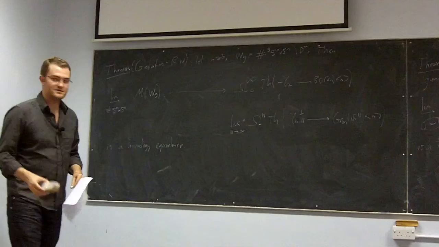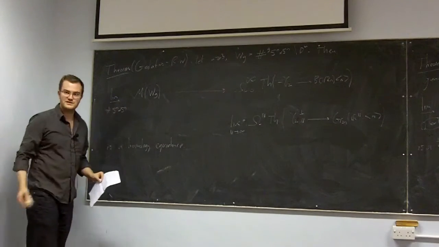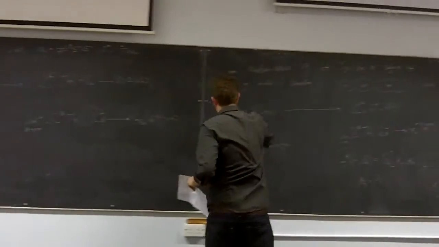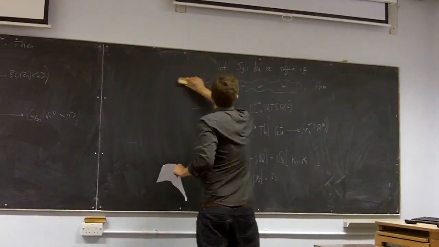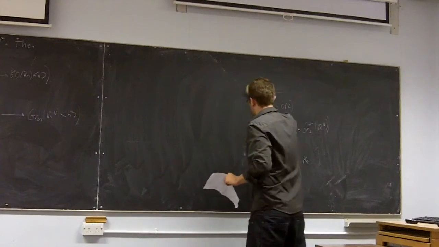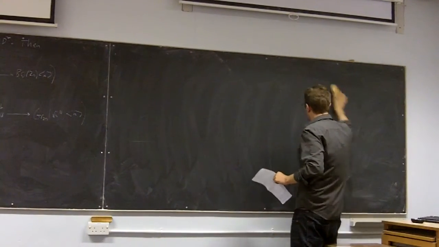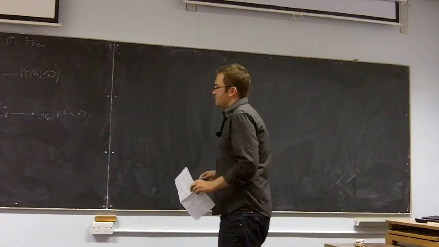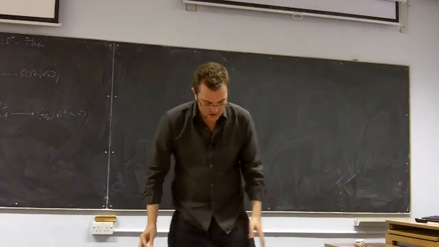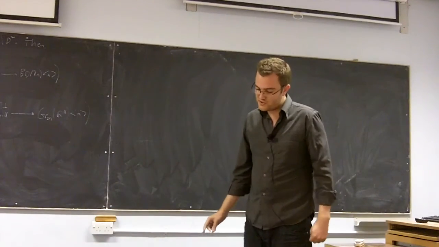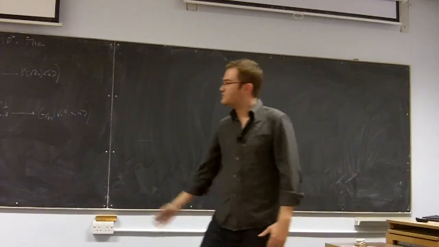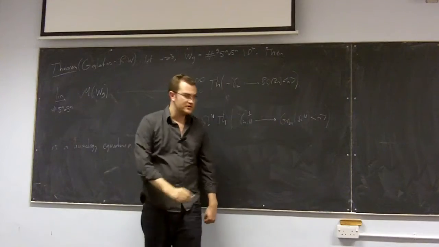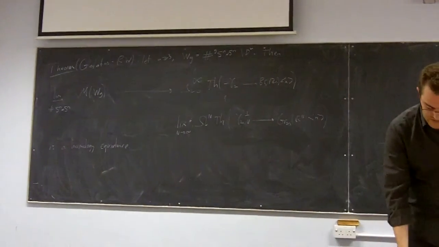Let me tell you what this means for the cohomology of these spaces. So the point of this is that I've told you we can calculate this side. So let me tell you what that is. To do so, I need to describe first some characteristic classes. The cohomology of this side is going to be characteristic classes of bundles of manifolds. So I need to describe some characteristic classes for you.